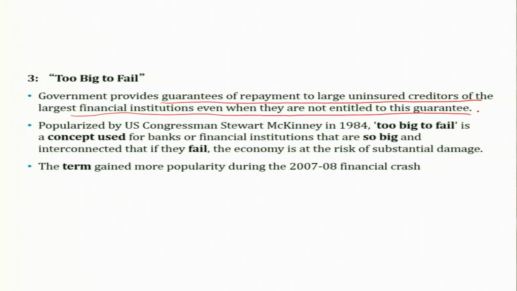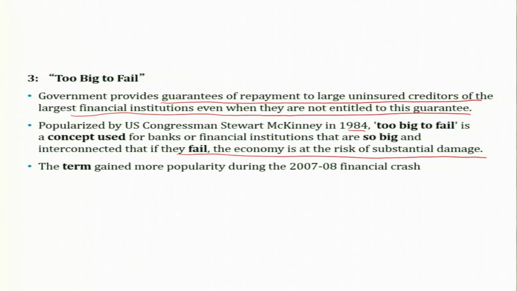This term, too big to fail, was popularized by a US congressman in 1984. Too big to fail is a concept used for banks or financial institutions that are so big and interconnected that if they fail, the economy is at risk of substantial damage. That means it would eventually lead to a financial crisis, and a financial crisis would further lead to an economic crisis,